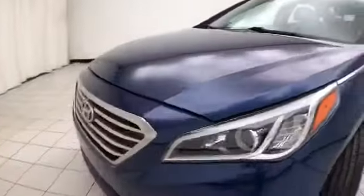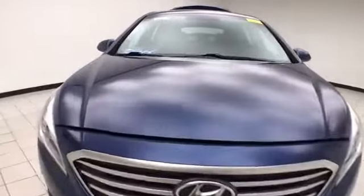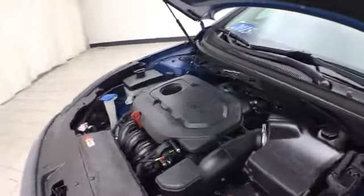Under the hood, this Sonata has a 2.4 liter 4-cylinder, 185 horsepower. And just as clean under the hood as the rest of the car. Excellent fuel economy, especially for a mid-size sedan. EPA average of 24 miles to the gallon in the city, average of 35 on the highway, and ready to